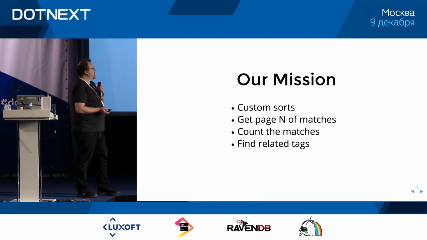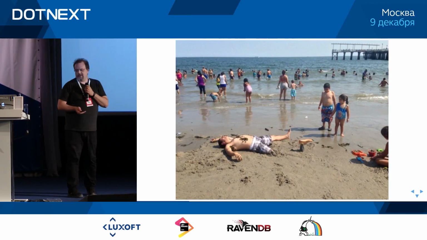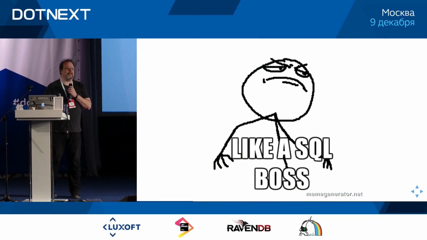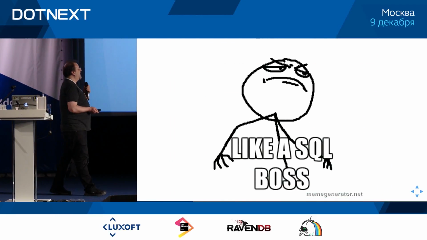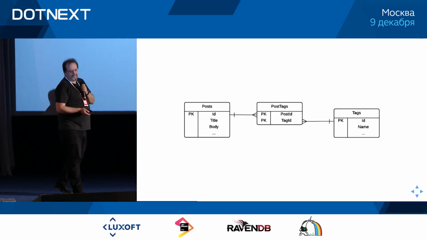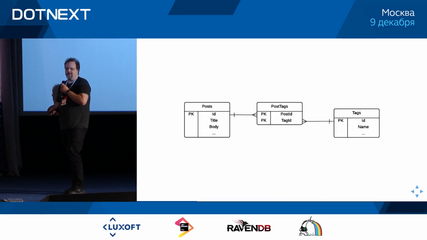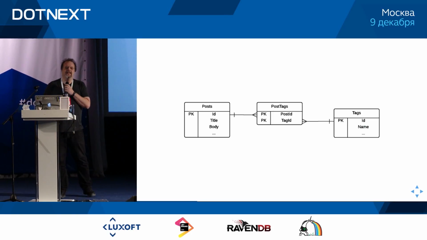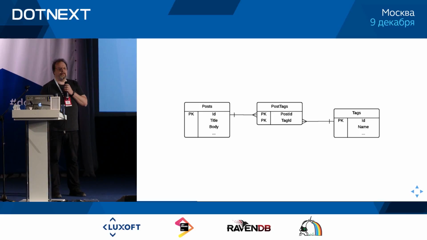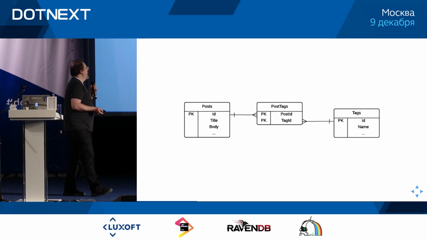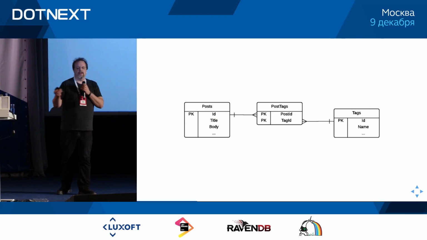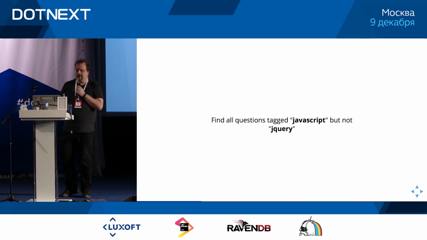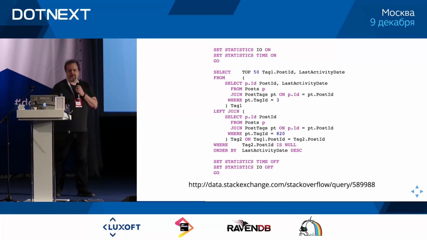So the first thing that we thought, okay, version 1 of the beach. First thing that we thought, SQL, right? So let's do this. We have a table called posts, a table called tags, and a table called post tags. And it's a many-to-many relationship, right? And what do you do? Well, you need to find all the posts which have some tags, but not others, right? So for example, you can do this,